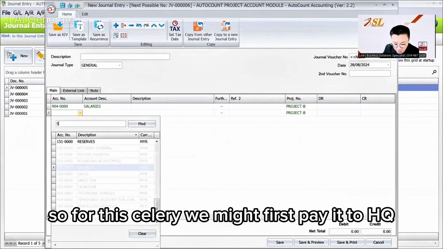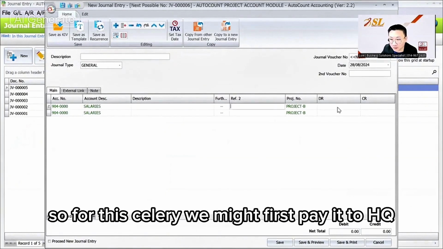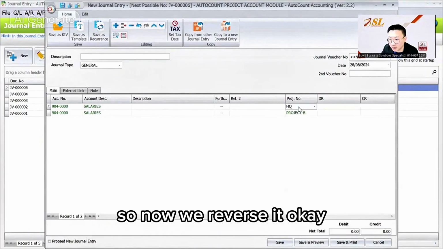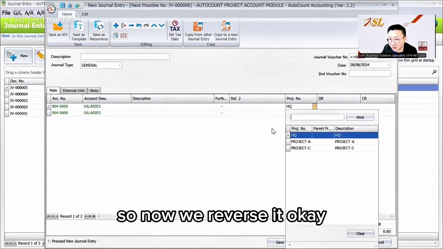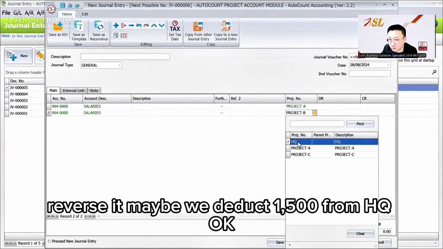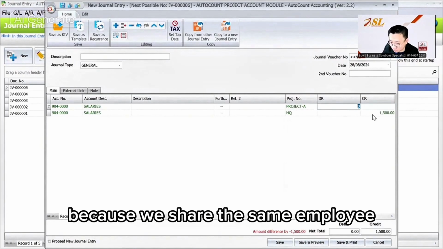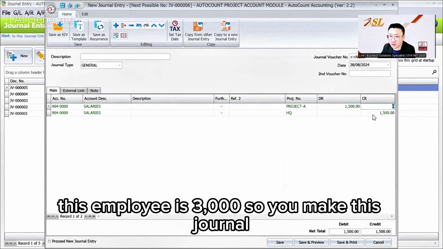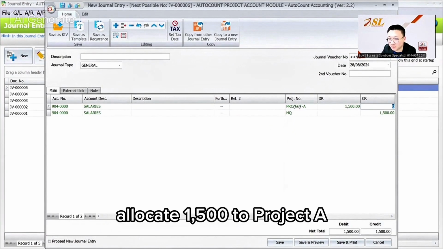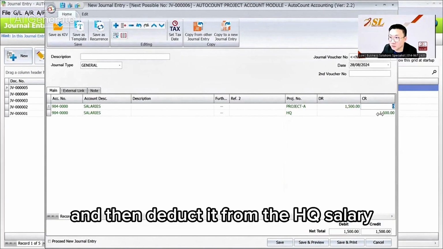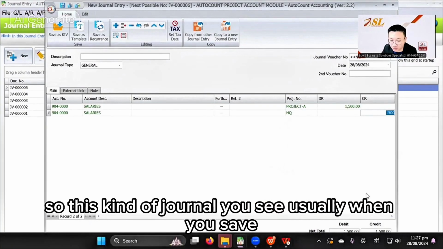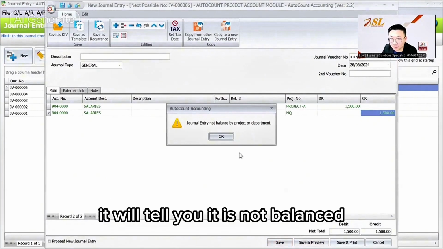So for this salary, we might first pay it to HQ. So now we reverse it. Okay, reverse it. Maybe we deduct 1,500 from HQ, because we share the same employee. This employee is 3,000. So you make this journal, allocate 1,500 to project A, and then deduct it from the HQ salary. So this kind of journal, you see, usually when you save, it will tell you it is not